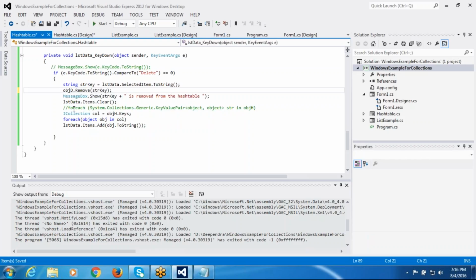Obj D dot remove, we are going to remove from that. But whenever we are retrieving data with the help of key value pairs, now you can do this time. So we don't use this piece of code now here. Rather than that particular piece of code, we try to use here